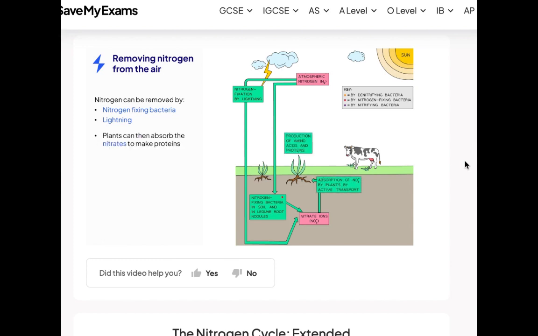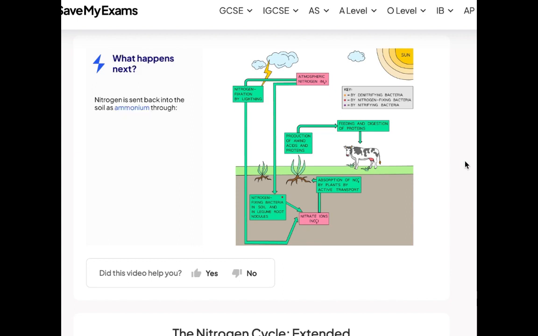Plants are able to absorb the nitrates in the soil and make proteins. Animals will obtain nitrogen from the proteins in the food they eat, which could come from either plants or other animals. Nitrogen ends up back in the soil as ammonium compounds when animal waste such as urine and feces are broken down by microorganisms. When plants and animals die, the proteins in their bodies are also broken down by the microorganisms